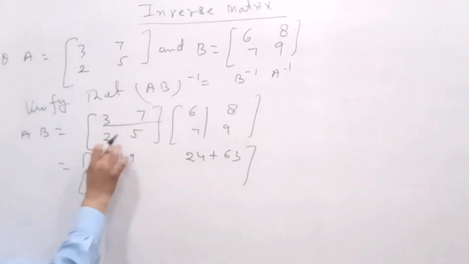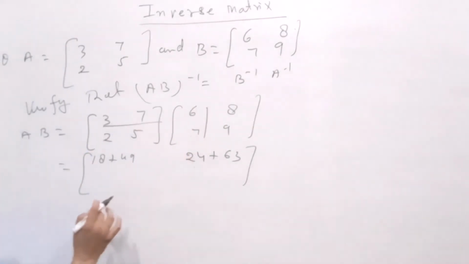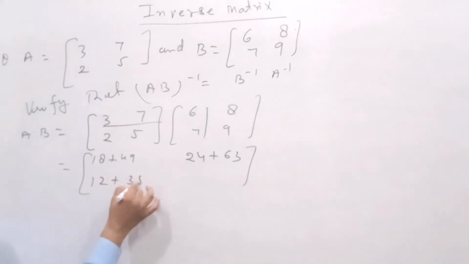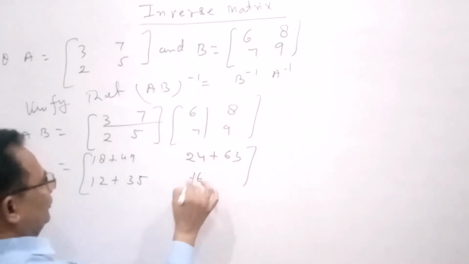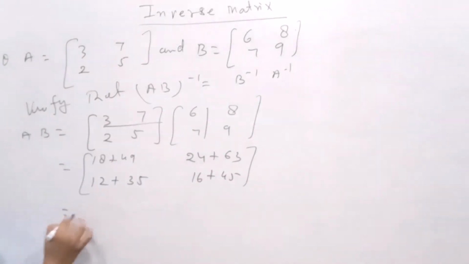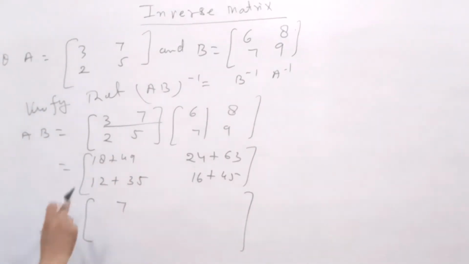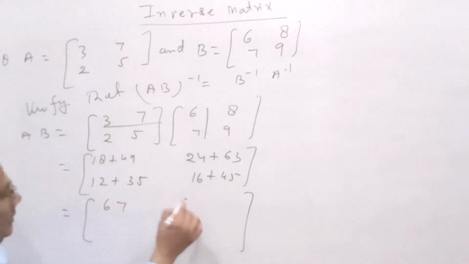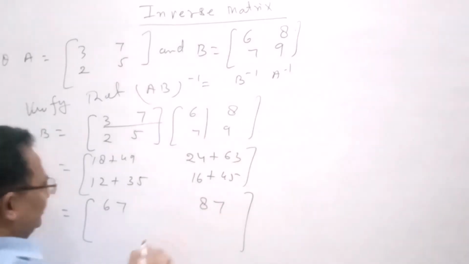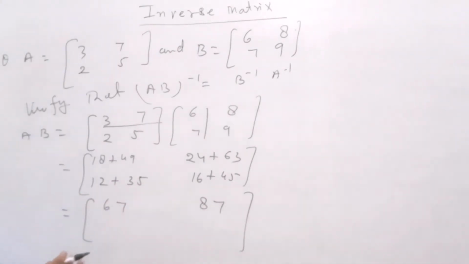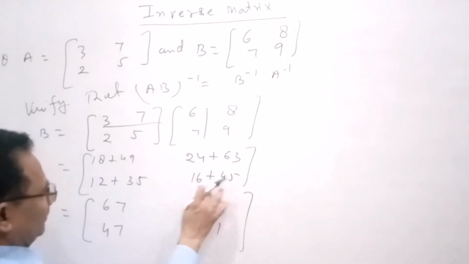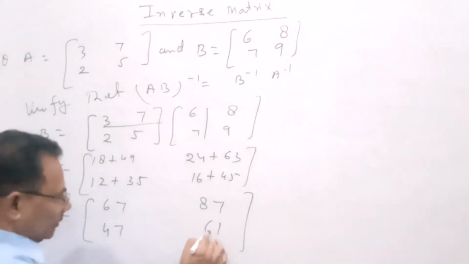Now we find the value of R2 into C1, 2 6 12 plus 35, and that is 16 plus 45, this is equal to, अगर हम देखें 8 और 9 17, 1 4 5 67, 4 3 7, and that is 87, and that is equal to, you know, that is 5 to 7, 3 and 1, that is 4, 6 and 5 11, 4 and 1 5, and that is 6.